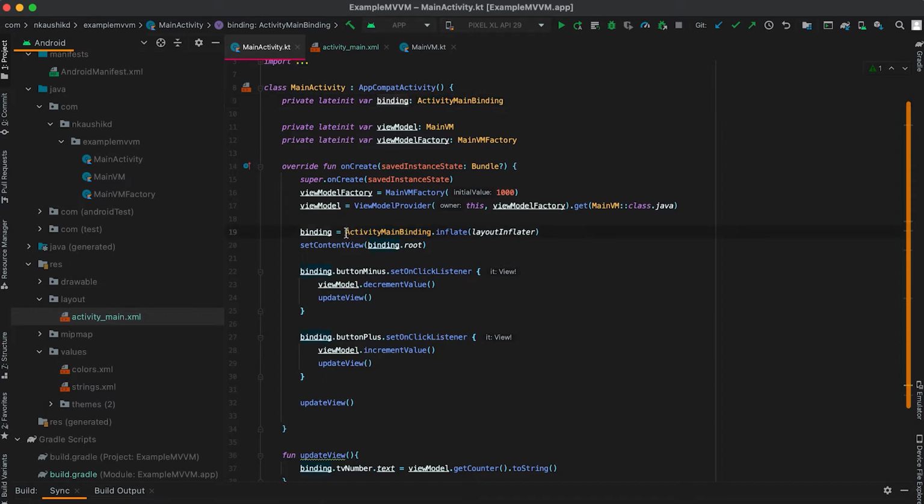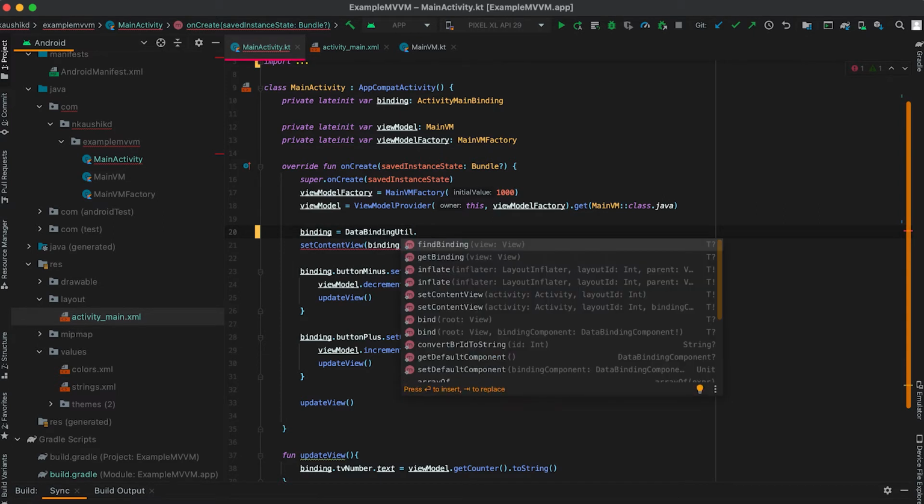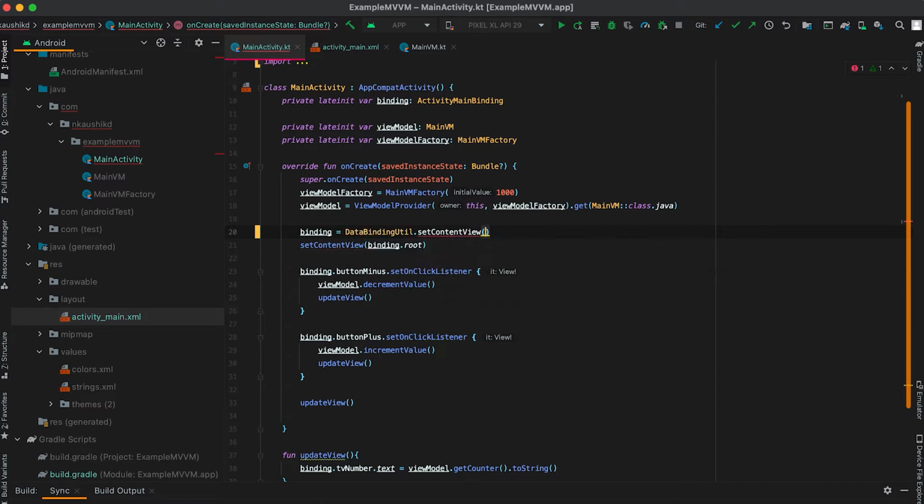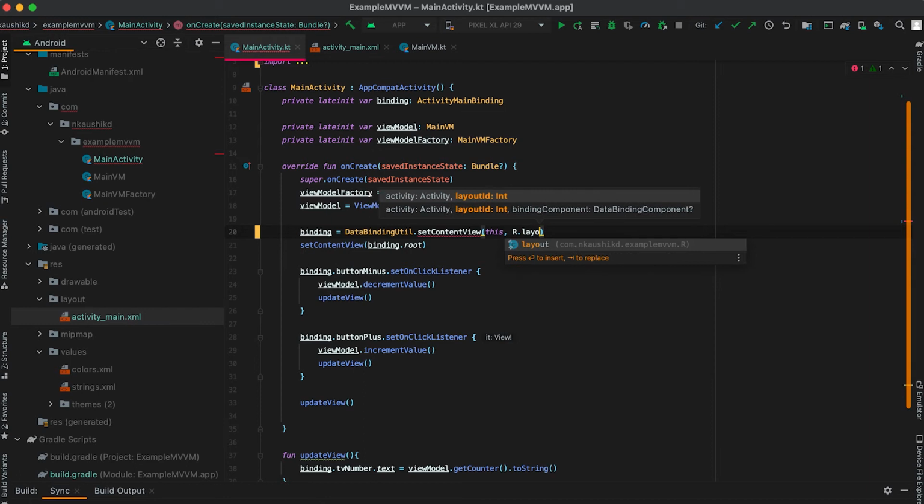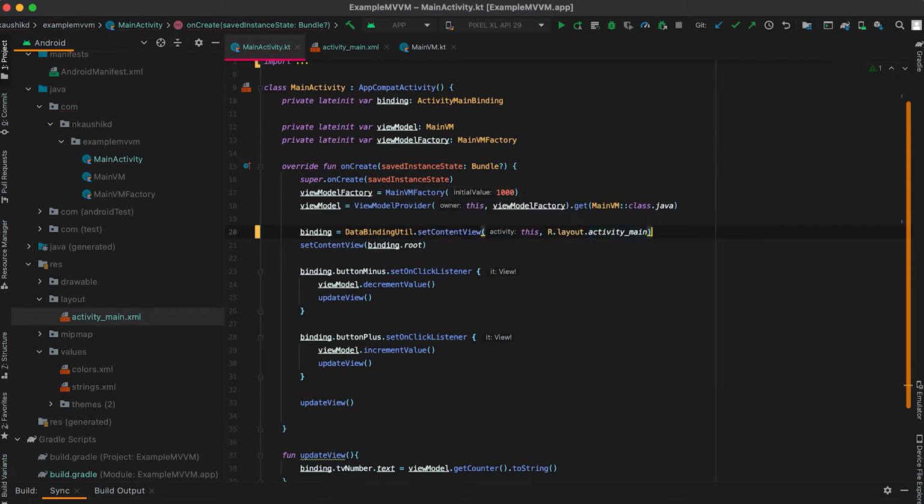One thing we need to change here. Previously this is not view binding, so for that we need to use one different class. It is called DataBindingUtil dot setContentView. So we can pass this here, and this is the XML file. So by using this we have assigned this XML file to this data binding,